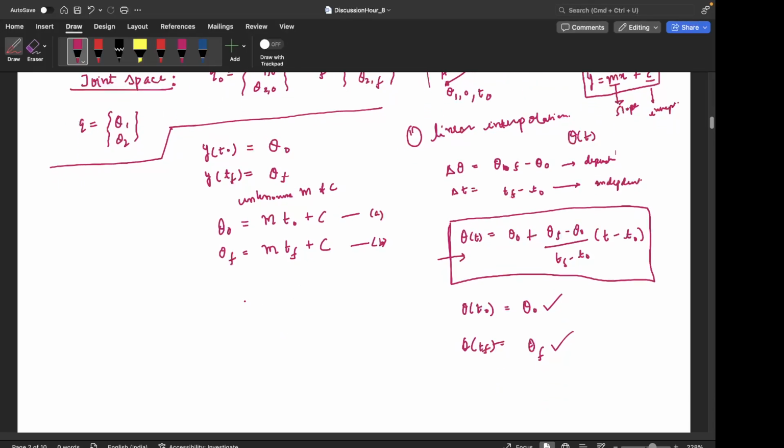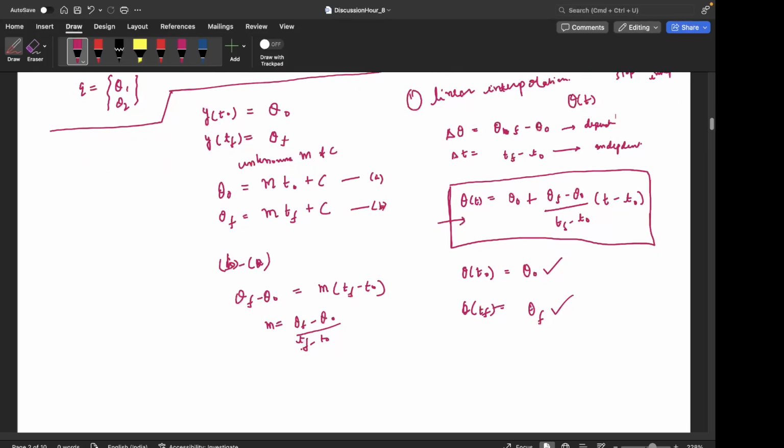All right, so what we can do is subtract, we can do b minus a, so it will be theta f minus theta 0 is equal to m times (tf minus t0). Very straightforward. So m is (theta f minus theta 0) by (tf minus t0). So that's how we get m, and similarly we can get c as